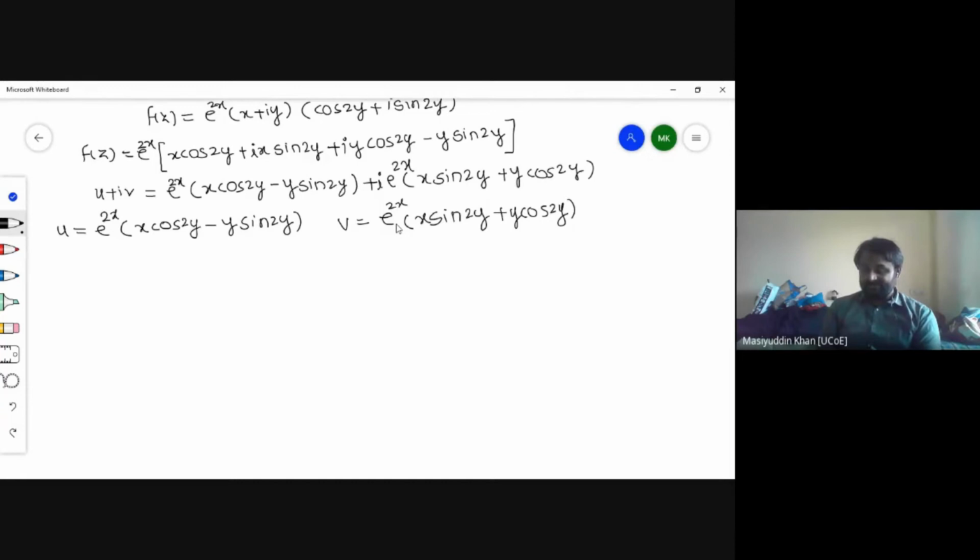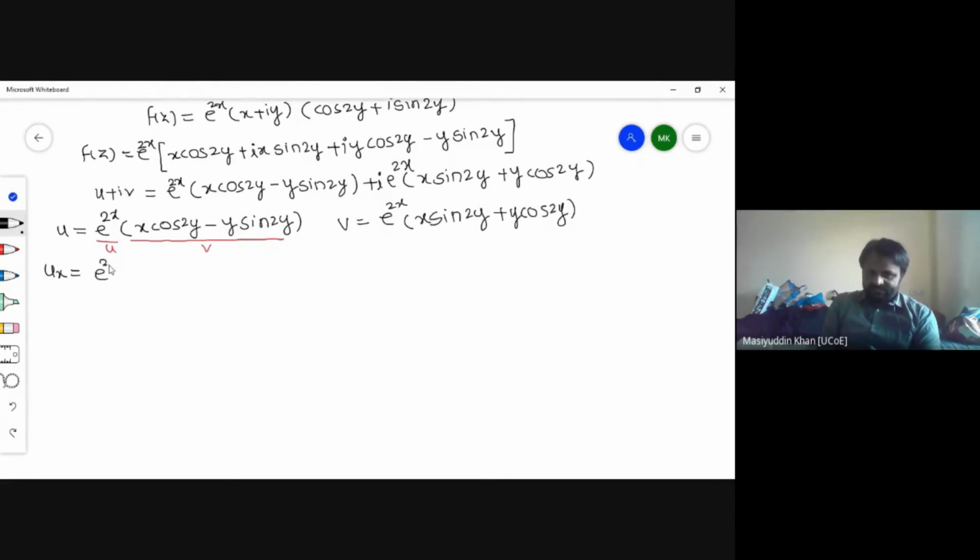To satisfy the CR equation, we will have to do differentiation. So we have to apply the differentiation concept. So we have to differentiate. I'm just taking the derivative of u with respect to x. Either you write ux or you write dou u by dou x, same concept. So the u into v rule I'm going to apply here. See, this is my u part, and this whole part I'm considering as v. So just try to understand.